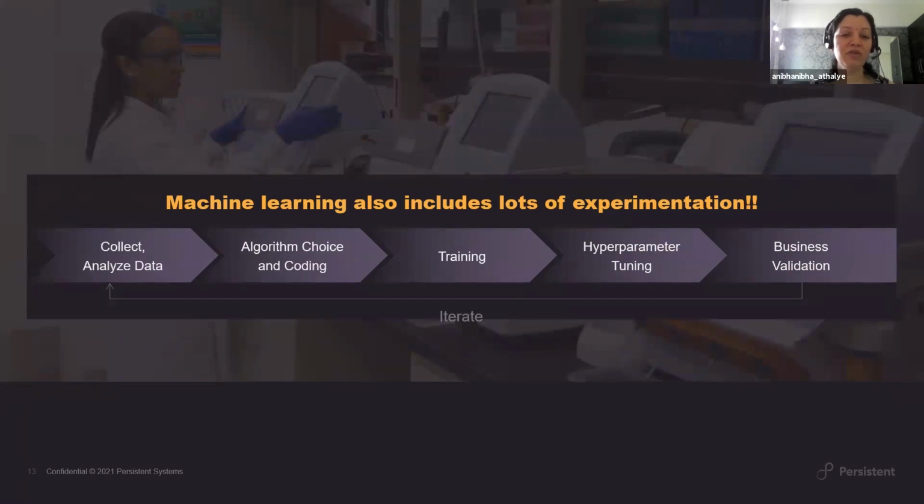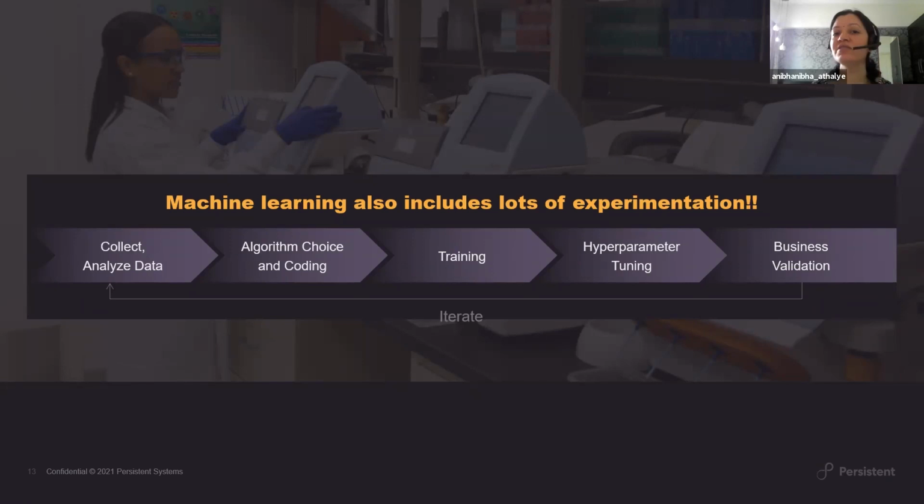So net, what I wanted to call out is that this is very similar to the experimentation that happens when we develop a machine learning model. And it is so in research, and it is so in industry also, when we try to find the best machine learning algorithms that can solve the problems we are trying to find an answer to. You all must be very familiar with this. When you start with a machine learning hypothesis, you collect and analyze the data, you apply various techniques to process that data, cleanse that data, and get it to a state where you can fit a machine learning algorithm on top of it.